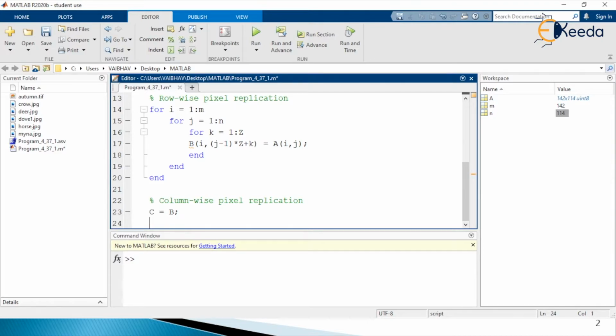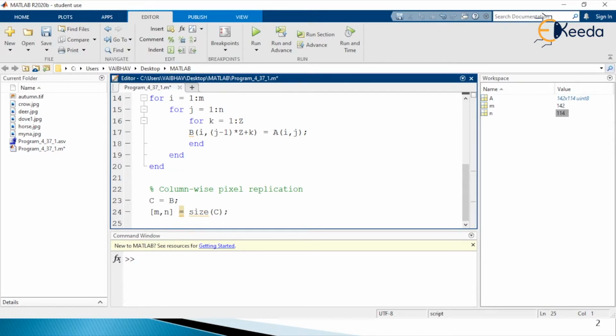Now here for the variable C to hold the intermediate image that we have processed in the above step here, we are again going to extract the dimensions here. Obviously they will be same, small m and n here. So here it is the MATLAB syntax size, and the input variable will be capital C here. And after this again we are going to make the use of 3 for loops for performing the column wise pixel replication here. So here it is the keyword for.